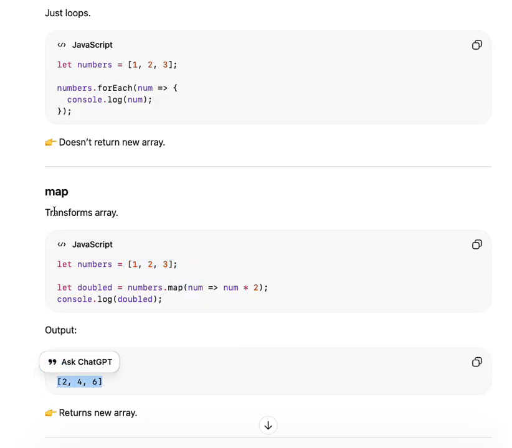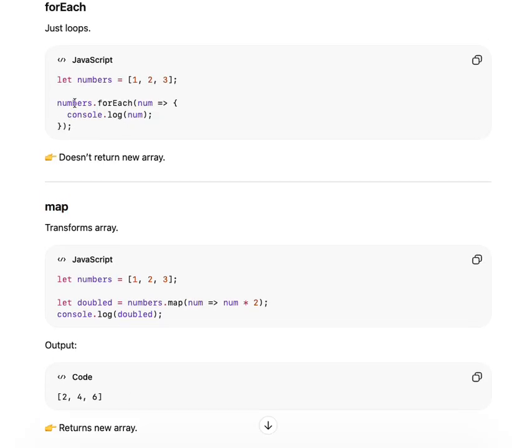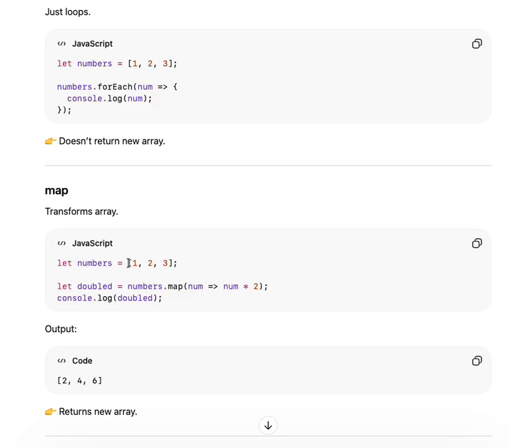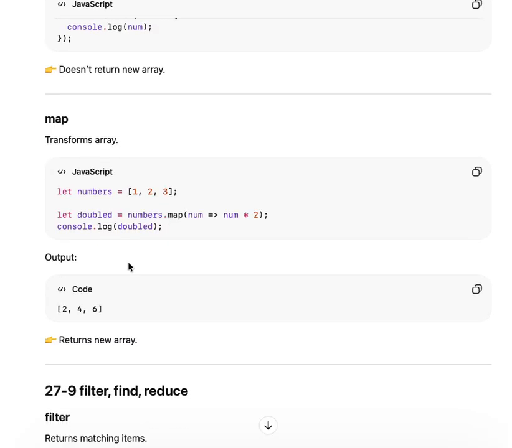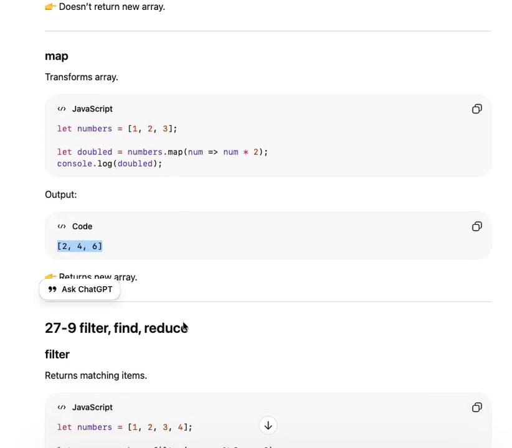So map not only doubles it but also returns a new array. But forEach doesn't return any new array, while map creates a new array and returns it, as we can see here, 2 4 6. Okay,